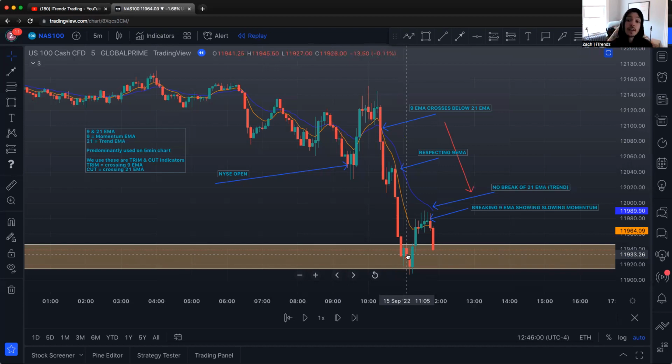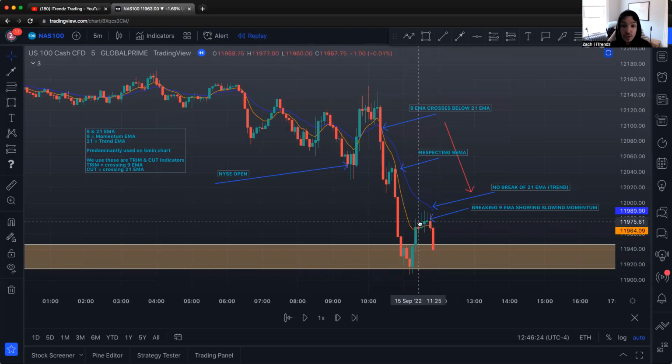But if for some reason you didn't, you're looking for a bigger move. Say you have TP3 down here at 11,885 area, and you want to see that 885, right? 11,885. So you're holding the full position. If you don't take your profits here, coming back to the 9 EMA, you might want to consider taking some profits at that level. It might be a very, very smart idea to take profits at that 9 EMA,